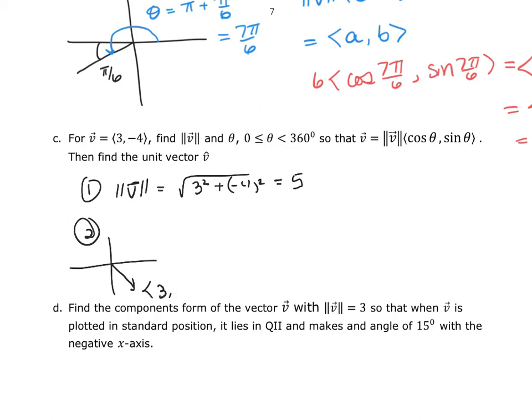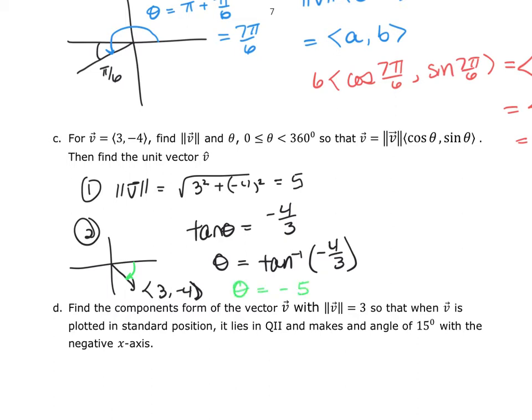So this is 3 comma negative 4, which tells me that when I do the tangent inverse of the negative 4 over 3, it's going to give me the angle that is the negative angle in that quadrant, which means, make sure I'm in degrees, I'm going to add 360 to it. So I have the tangent inverse of negative 4/3. So the angle that they're going to give me is this angle. It's going to be a negative rotation,